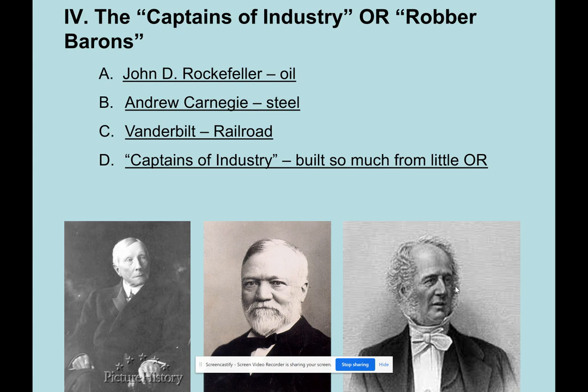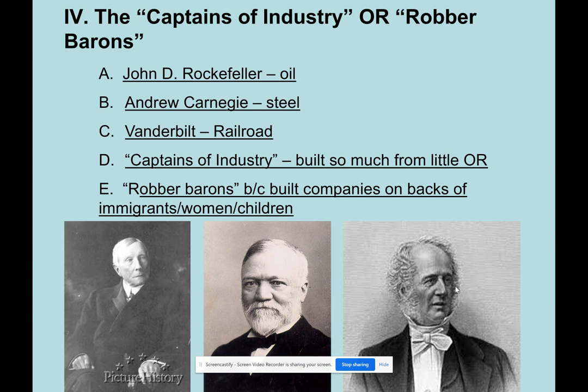What they'll say is these guys are the original rags to riches stories, right? And they look at Andrew Carnegie and they say, like, this is the American dream, and look what they built for America, and they created all of these methods that businesses use today, right? And so they're going to admire them. On the other hand, some people are going to call them robber barons, which you can tell has a negative connotation. And what they're going to say is, no, these guys built their companies on the backs of immigrants, women,